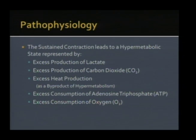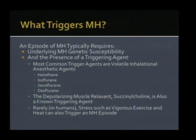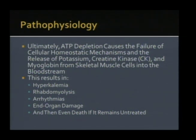excess heat production, excess consumption of ATP, excess consumption of oxygen. So ultimately, the ATP depletion causes failure of the cellular homeostatic mechanisms. The cell fails irreversibly, and this is what leads to so much problem. When the cell fails, then it does not hold the stuff inside that's usually there, so you have a big release of creatine kinase and myoglobin from skeletal muscle cells into the bloodstream. So what happens with that? Well, hyperkalemia, rhabdomyolysis, arrhythmias can occur, end organ damage can occur, and if you don't recognize it and treat it, eventually